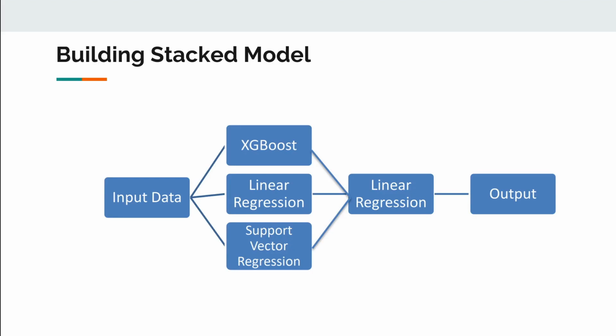Now, the way we build the stack model is a bit different. Model stacking is an ensemble-based algorithm that combines the output of several machine learning algorithms. The outputs from the individual learners are run through another machine learning model called a meta-learner. The meta-learner optimally combines the model predictions, thus minimizing the weaknesses and maximizing the strength of each model. This paper used XGBoost, SVR, and regression as the base learners, with regression as the meta-learner,